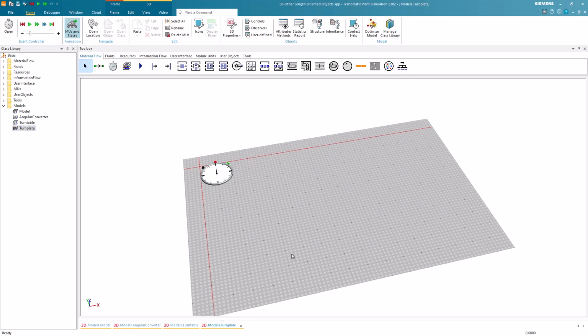The third object we will look at is the turn plate. You can use the turn plate to model a rotating platform, which rotates the loaded part and ensures the uniform orientation of the leaving part. A typical example is in the package shipping industry, where all packages must be rotated to a uniform direction so that a scanner can automatically read the barcode holding the address information.